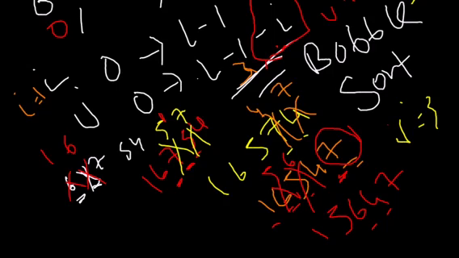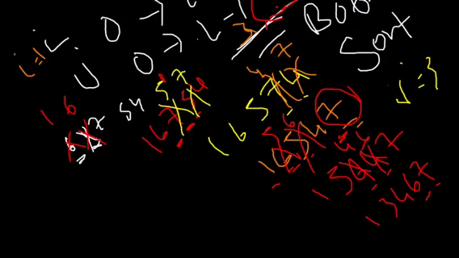Now we compare 1 and 6. 1 is not greater than 6. So J increases, we compare 6 and 5. Is 6 greater than 5? Yes, so you have 5 over here and 6 over here. You end up with 1, 5, 6, 4, 7. It compares 6 with 4. Is 6 greater than 4? Yes, so you have 4 over here, 6 over here: 1, 5, 4, 6, 7. It makes another comparison with 6 and 7, but 6 is obviously less than 7. Now in this sub-array, the maximum number, 6, has come to the bottom.